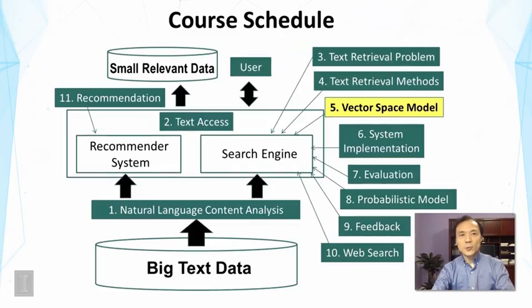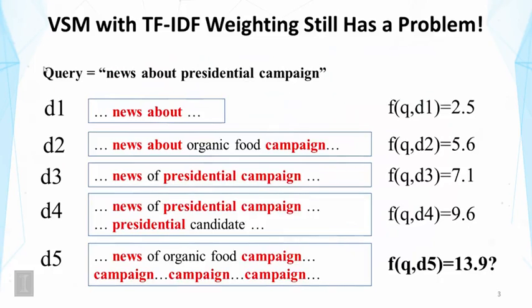In this lecture, we continue the discussion of vector space model. In particular, we are going to talk about the TF transformation. In the previous lecture, we have derived a TF-IDF weighting formula using the vector space model. And we have shown that this model actually works pretty well for these examples as shown on this slide, except